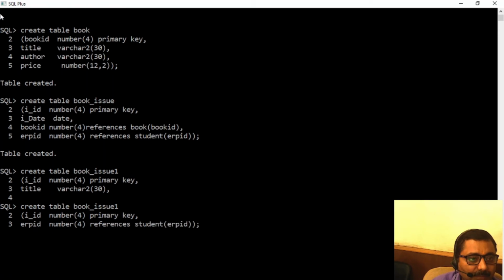Then I will have issue date. Then I will have book ID. This is the foreign key I want to make.